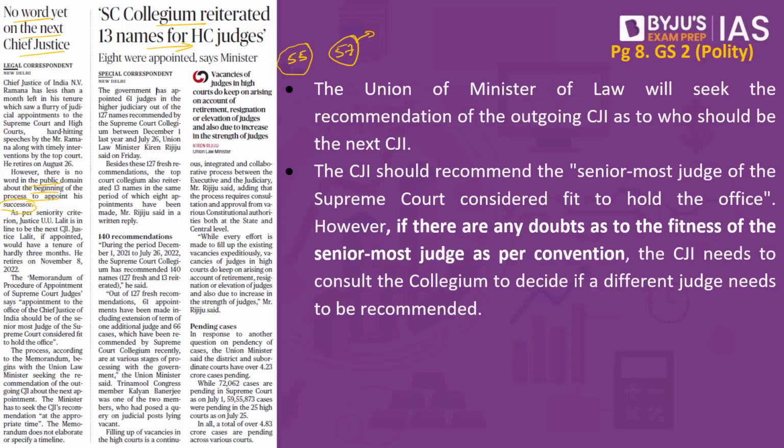But this person who is about 55 years of age is appointed, let's say, in the year 2019. Let's say there is another person who is 57 years of age. He is appointed in the year 2020. So does seniority mean that this person who is 57 years of age will be appointed? No. Seniority basically means when that judge was appointed as a judge in the Supreme Court. So the date a judge was appointed to the Supreme Court is taken into the picture and not the age